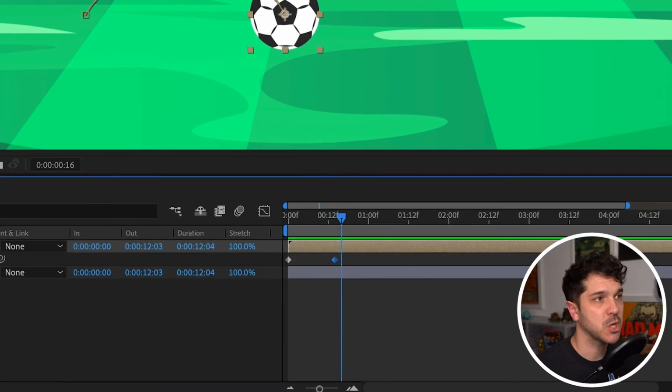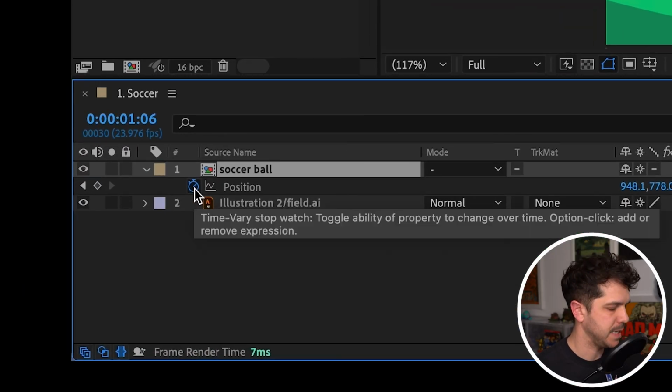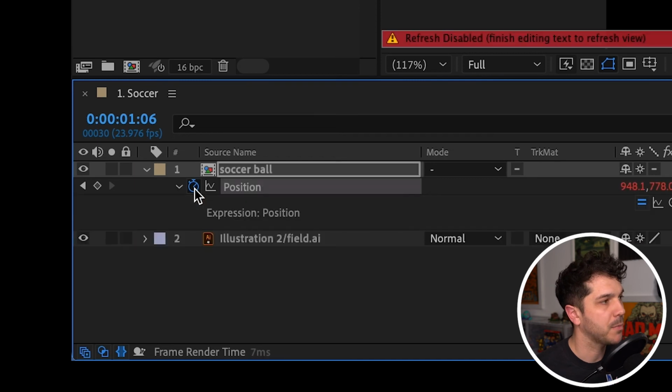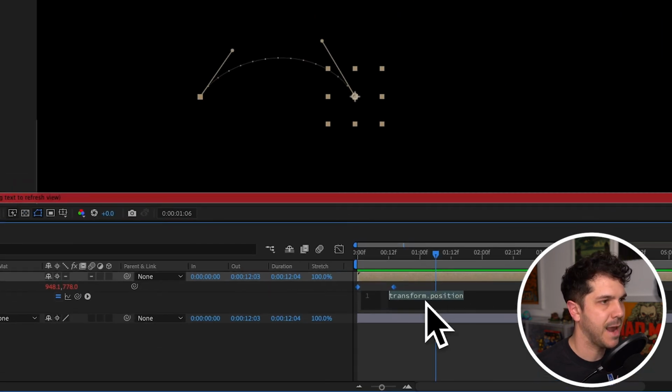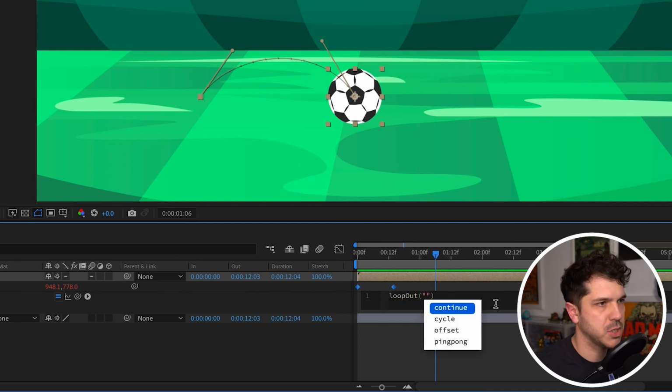So you have some keyframes and you're too lazy to make any more. Enter loop out. First of all, to add an expression, on Mac, hold Option, and on a PC, Alt, and then click the stopwatch for the property you want to add an expression to. Here you can add the code, and here you have a little equal sign that turns it on or off. Delete the default code it gives you, and in this case, we're going to type in loop out, bracket, quotation,